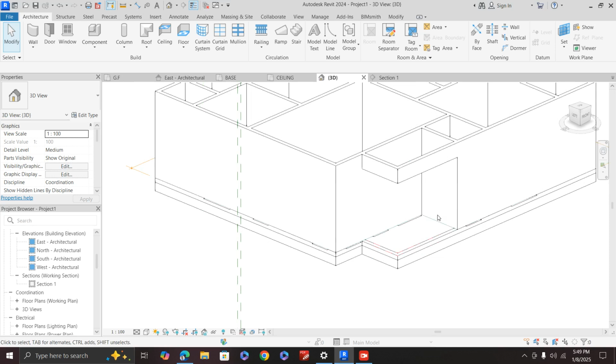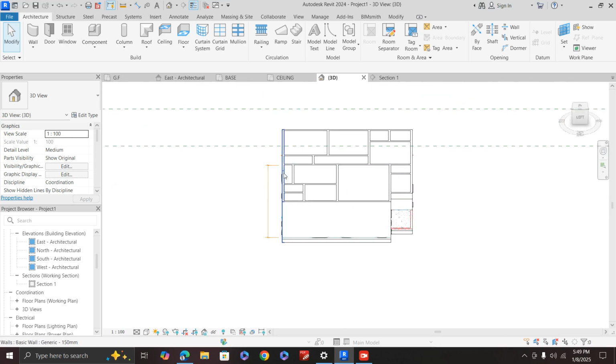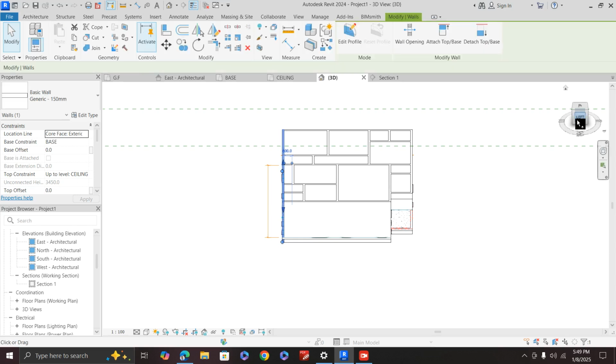So let's go back to the exit door area. This is the exit door area. This is the wall here. So the view would